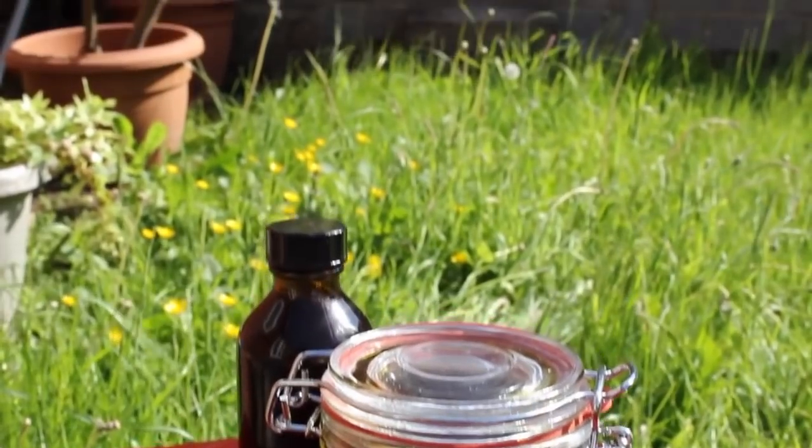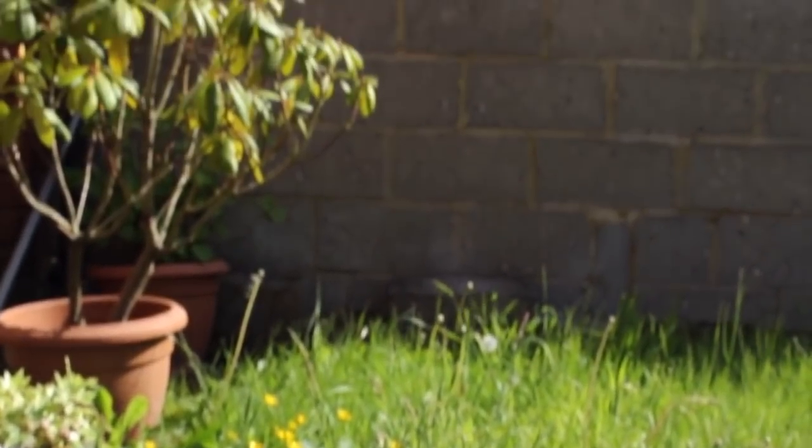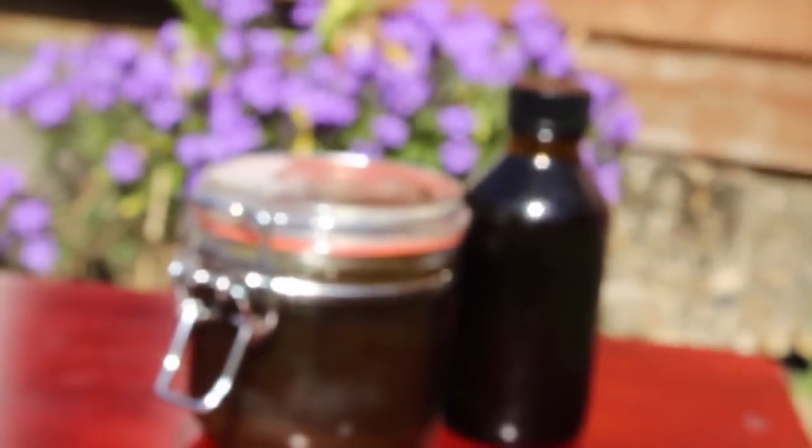Camille Rose Naturals, they also have an amazing one with cherry, and there are just amazing moisturizing conditioners. What you want to do is go for one with quality ingredients, and you want to go with one that says moisturizing deep conditioner. So another thing that I would highly recommend is that you actually get an oil that you infuse with your